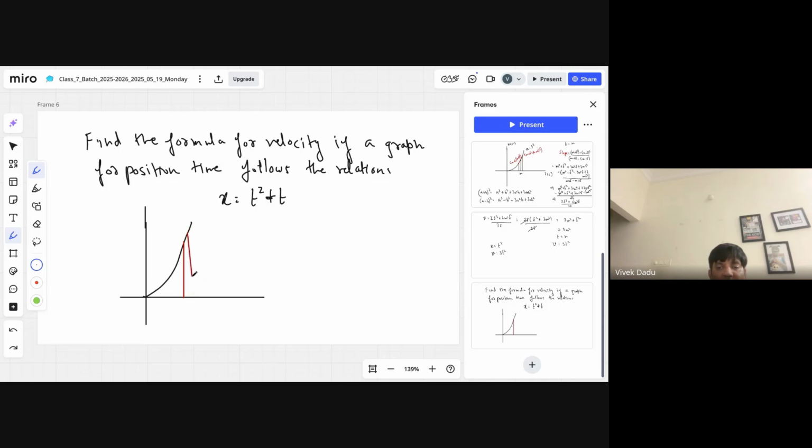Basically you want to find it at M, right? So what do you assume? You assume there will be a straight line passing through M. Key thing is what will be the coordinates? M minus delta comma what? If t equal to m minus delta, x equal to, in place of t, if you put m minus delta, it will become m minus delta whole square plus